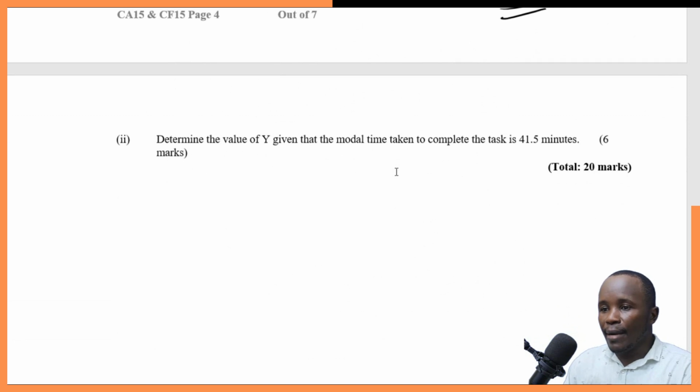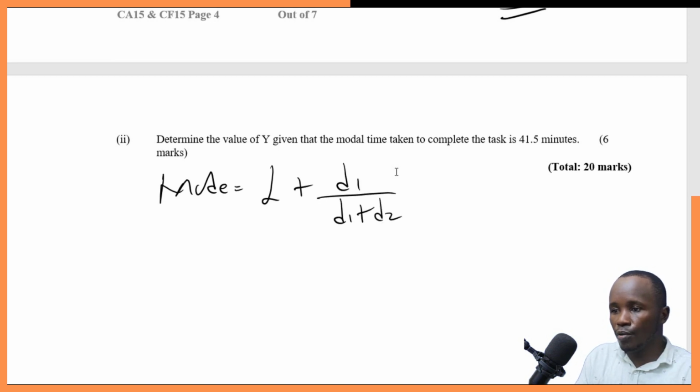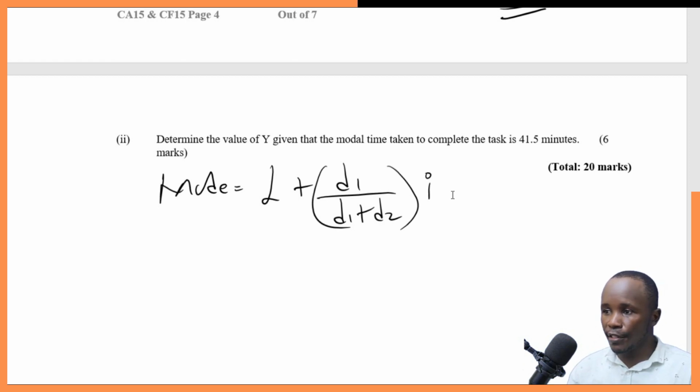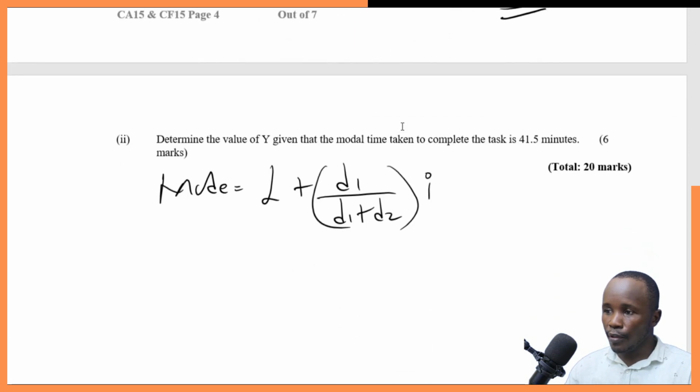Part 2, you are told to determine the value of y given that the modal time taken to complete the task is 41.5 minutes. How do we find the mode? Mode is L plus D1 over D1 plus D2 multiplied by I. So I'm looking for y given that the mode is 41.5. The mode is the class with the highest frequency. Coincidentally, the median and the mode are in the same class. So it therefore means